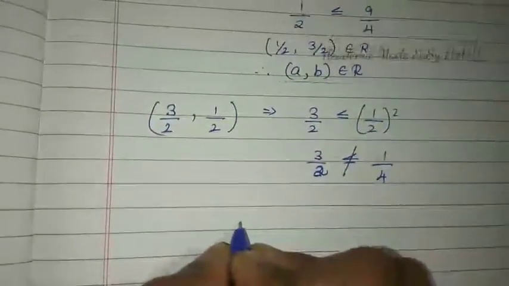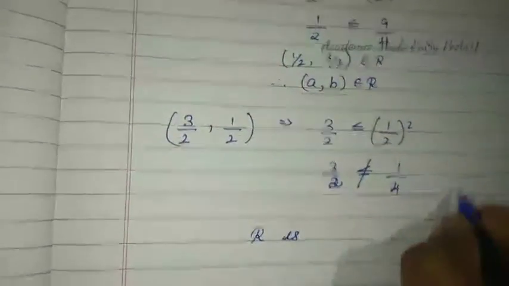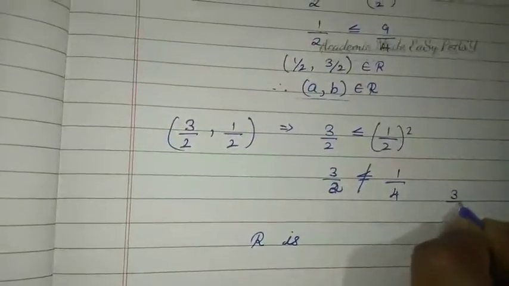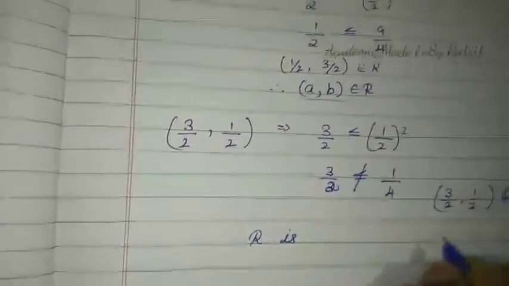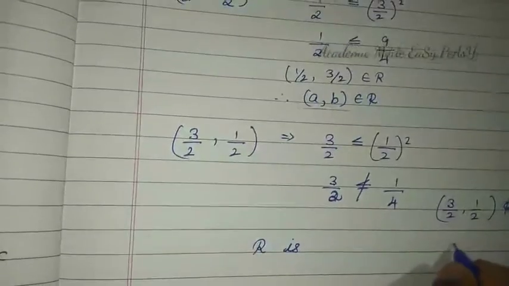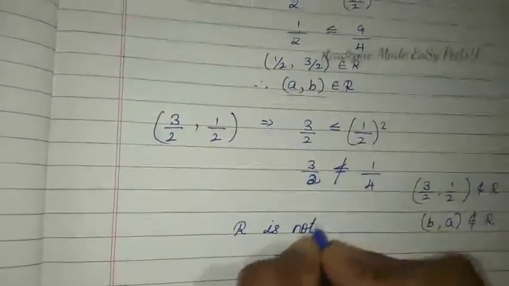So we cannot say that this R is symmetric. Therefore, and also you have to write (3 by 2, 1 by 2) does not belong to R. It means (B, A) does not belong to R. Therefore R is not symmetric